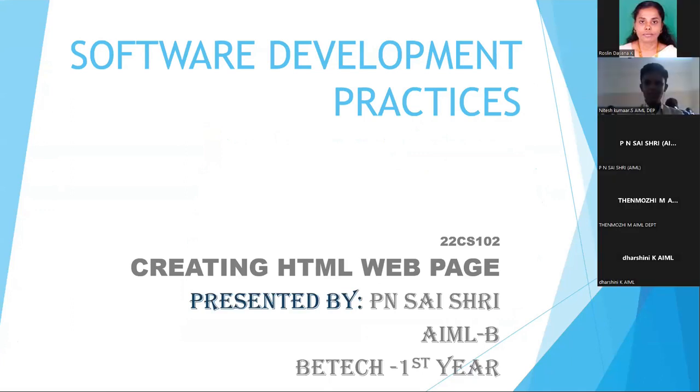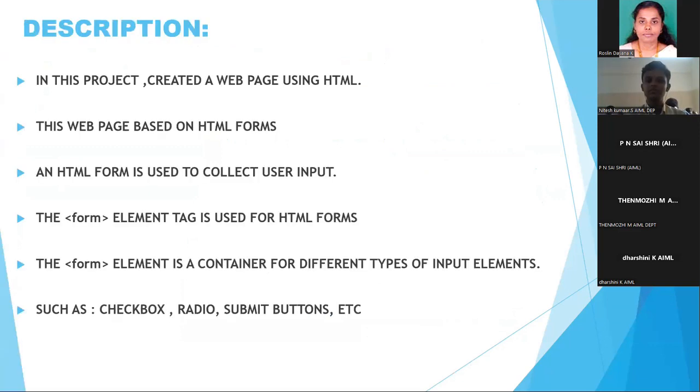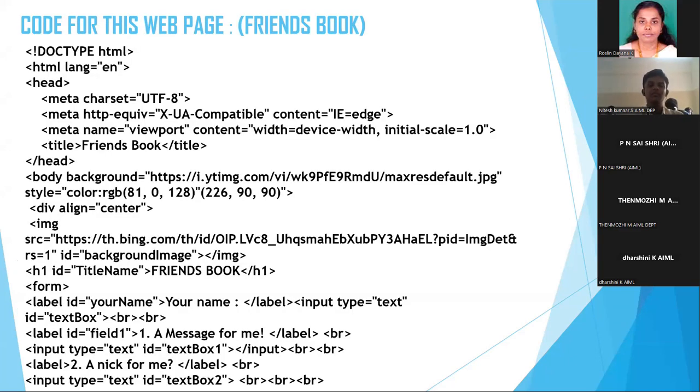I'm going to explain creating an HTML web page using HTML forms. Let's come to the description. In this project, I created a web page using HTML. This web page is based on HTML forms, and an HTML form is used to collect user input. The form element tag is used for HTML forms. The form element is a container of different types of input elements, such as checkbox, radio, submit button, and so on. Let's come to the code for this